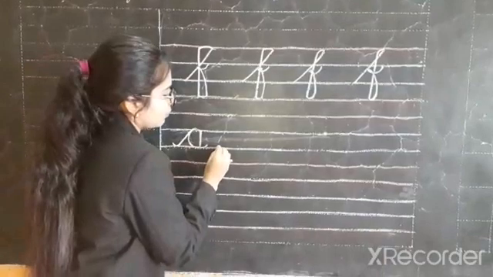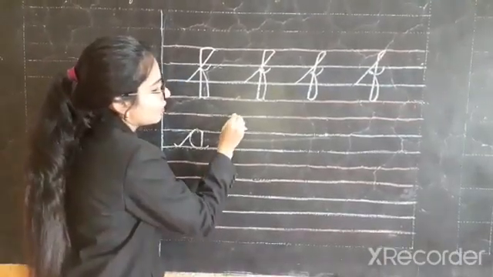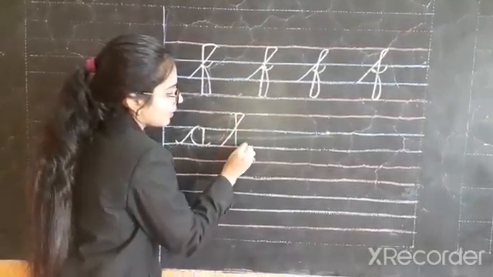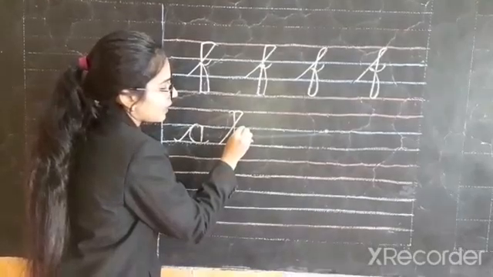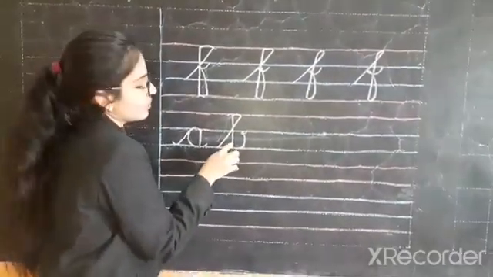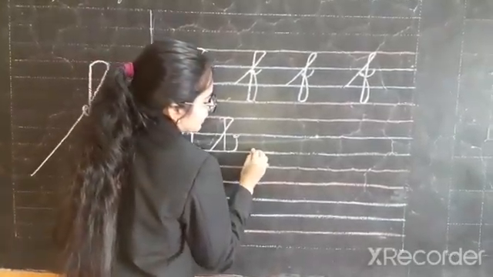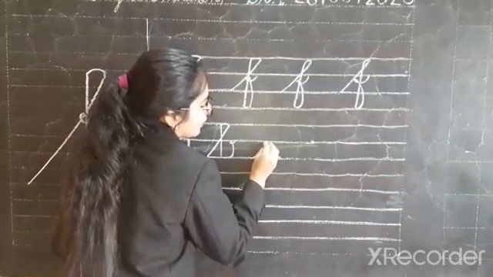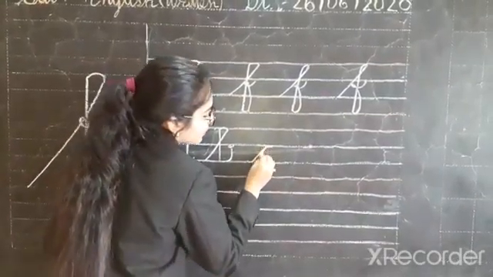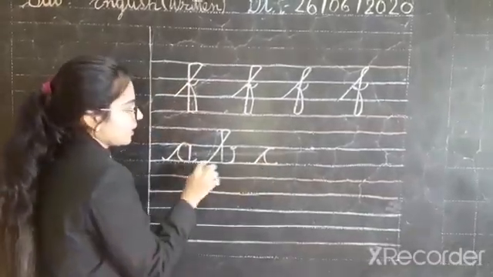B. Do slanting line and do up to red line, then do curve, then do straight line, and then D curve, and then again here you do small curve. This is our cursive B. After B what will come? C. Do small curve, then go up, and then again come back with the same line and do C curve. That means C. A, B, C.